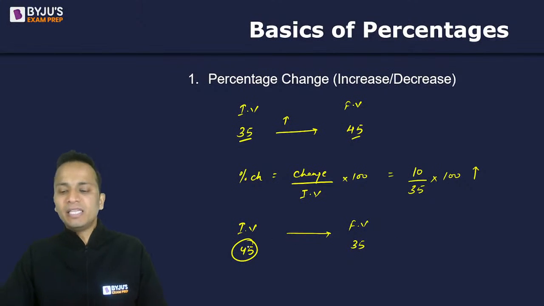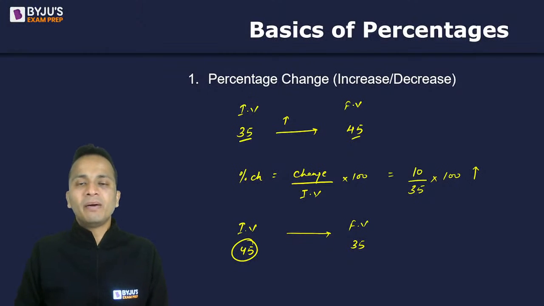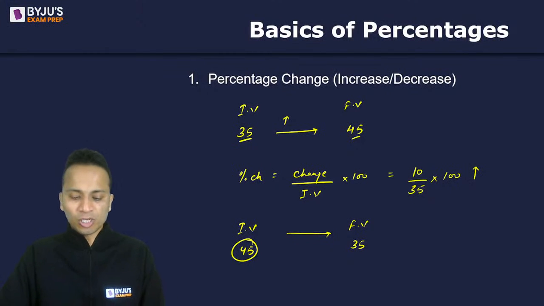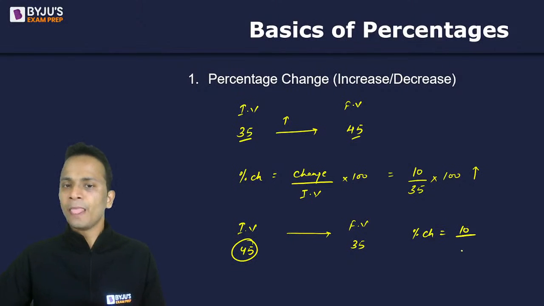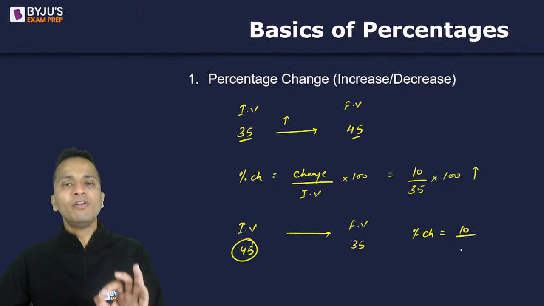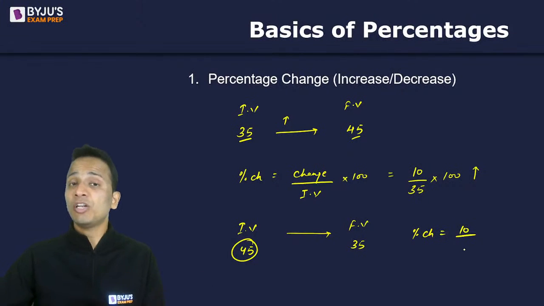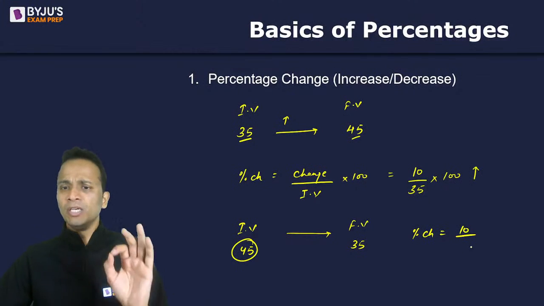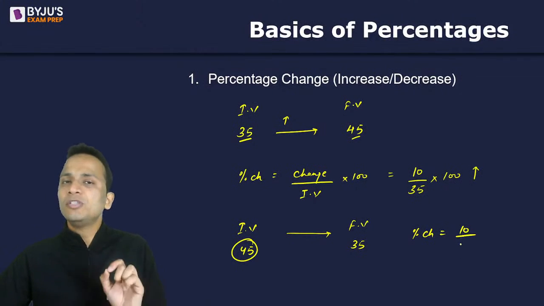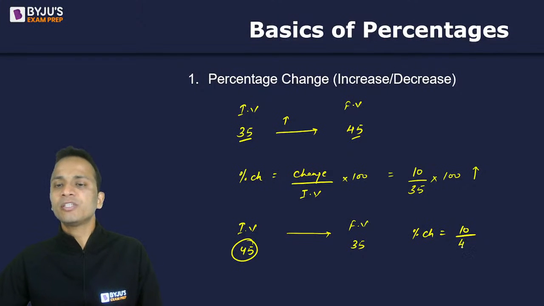So हम कभी कभी गलती क्या करते हैं, हम डिनोमिनेटर में हमेशा लोअर वैल्यू रख देते हैं. So some of you might commit a mistake by calculating the percentage change as 10 divided by 35. No, 35 डिनोमिनेटर में नहीं होना चाहिए. So the denominator will always be the initial value. Initial value कम है या ज्यादा है उससे कोई फर्क नहीं पड़ रहा है. So in the denominator will always be keeping the initial value which is 45 in this case and then multiplied